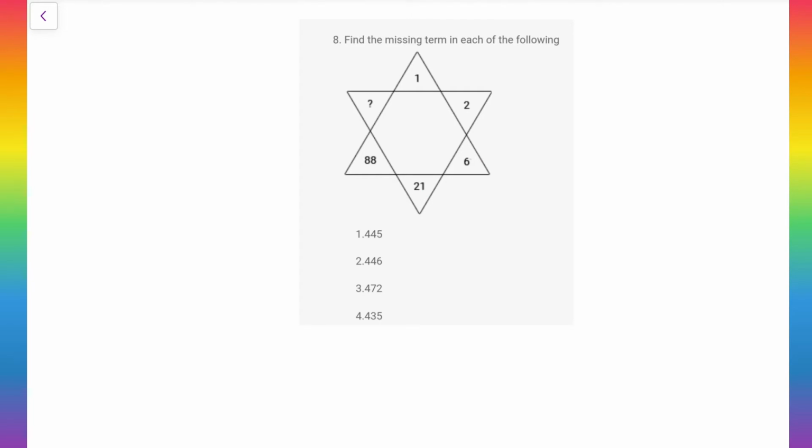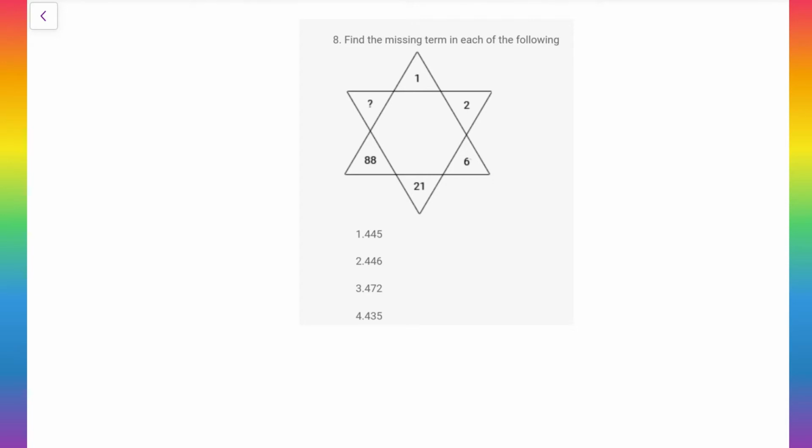Next, addition is not applicable. Anyway, all the numbers are increasing, so subtraction is not possible. Now multiplication is also not possible. Division is also not possible, because if multiplication is not possible, obviously division is also not possible. So now what I will do is combine the operations.